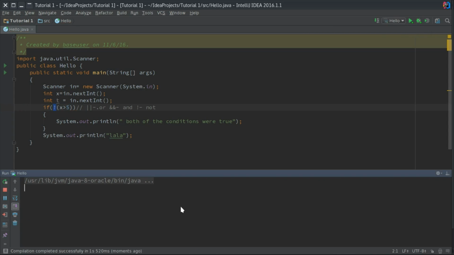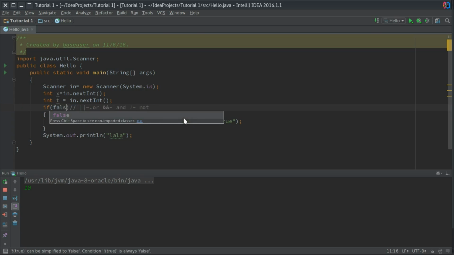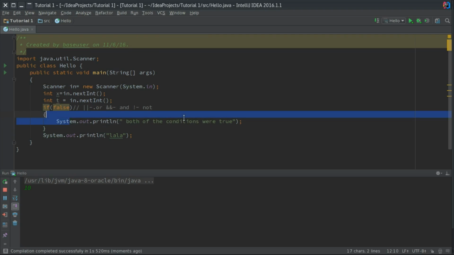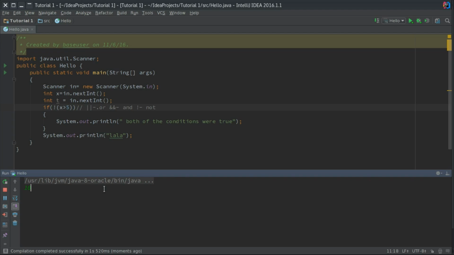If I enter x greater than 5, say I enter x is 10, what will happen? This condition will evaluate to true. So my input to the NOT operator is true, and I told you the NOT will give you the reverse of whatever you give it as input. So this will give me false, and this if will be turned to false, and this if will not run. So to prove it to you guys, I'm just gonna press enter over here,